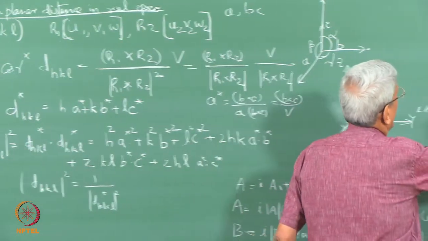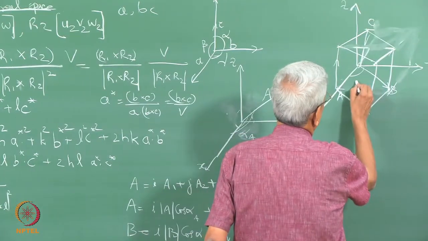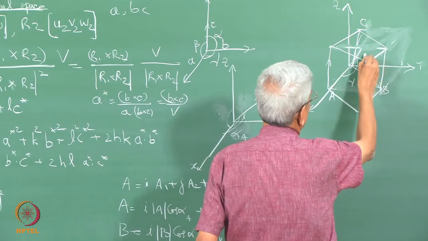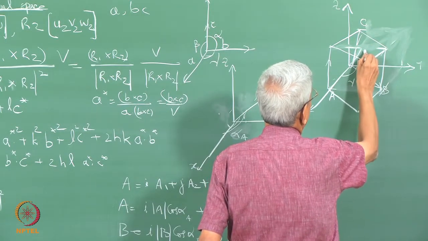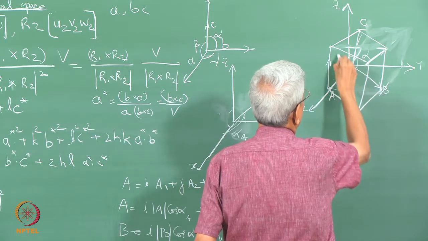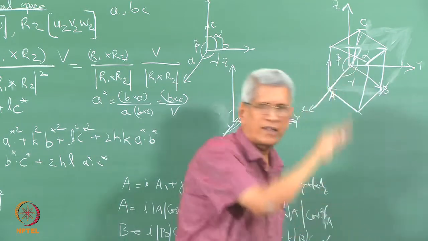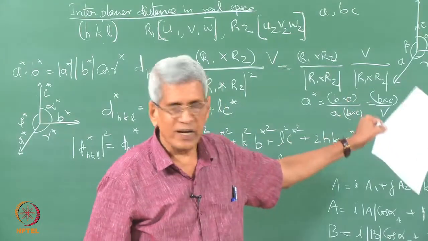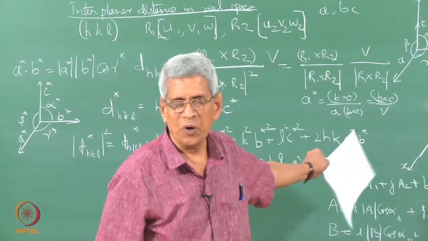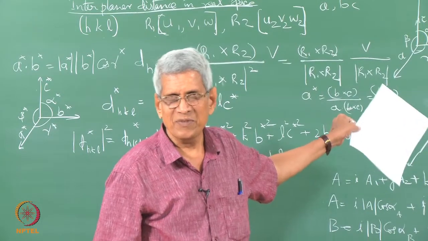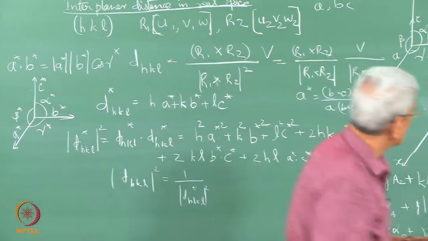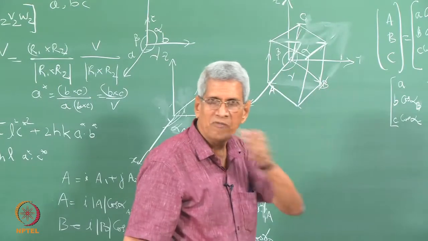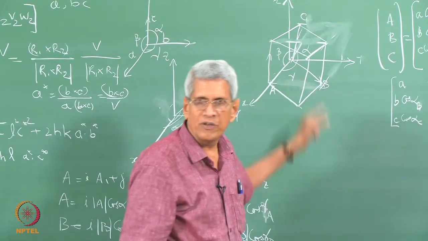And the angle between these two axes is going to be gamma, the angle between these is going to be alpha, and this angle is going to be beta. These are all the angles with respect to a unit cell which we have, but now we have measured all the angles with respect to the coordinate system with which each of these lattice translational vectors of the unit cell is defined, correct?